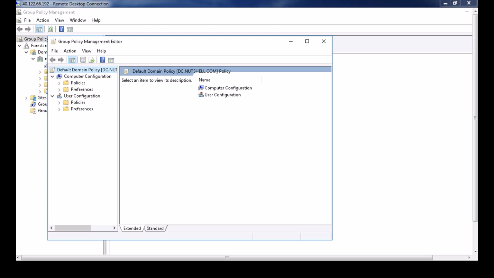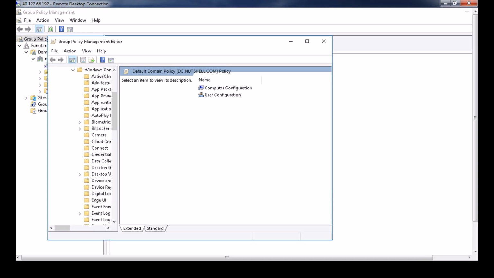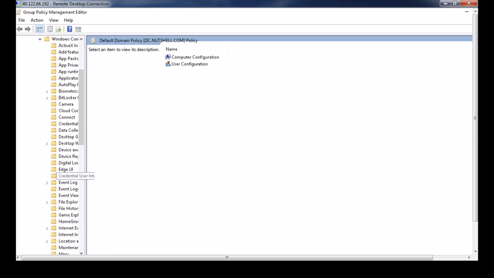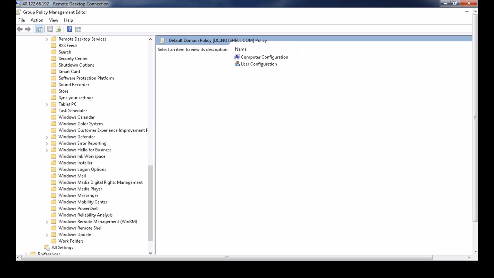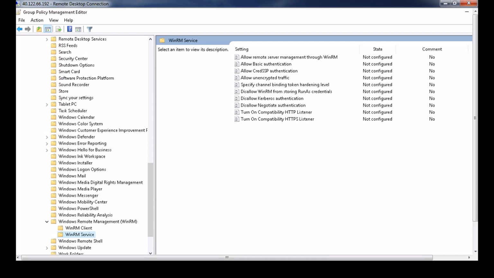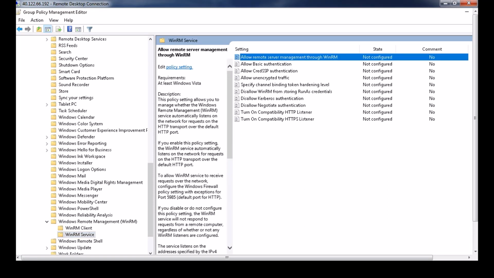You go to computer configuration, policies, administrative templates, Windows components, and then Windows Remote Management, then WinRM service, and you need to allow remote server management through WinRM. This is one of the settings you need to enable to ensure that the WinRM service is